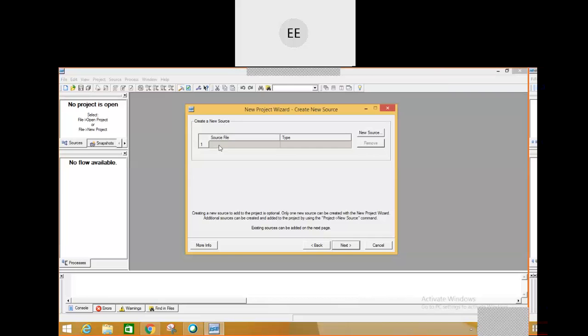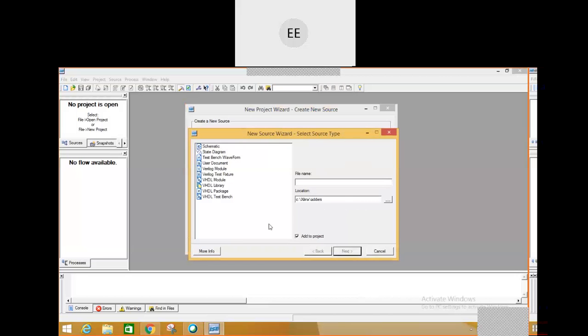If I'm having my source files already available and if I want to choose any one of that, then I will be having a list over here. But right now, as I'm going for a new project, I'm not having anything. I'll select new source. Okay. So just follow the steps we are doing here. I created a new project, gave a name to the project, then next, next, next. So in the third wizard, we are creating our new source.